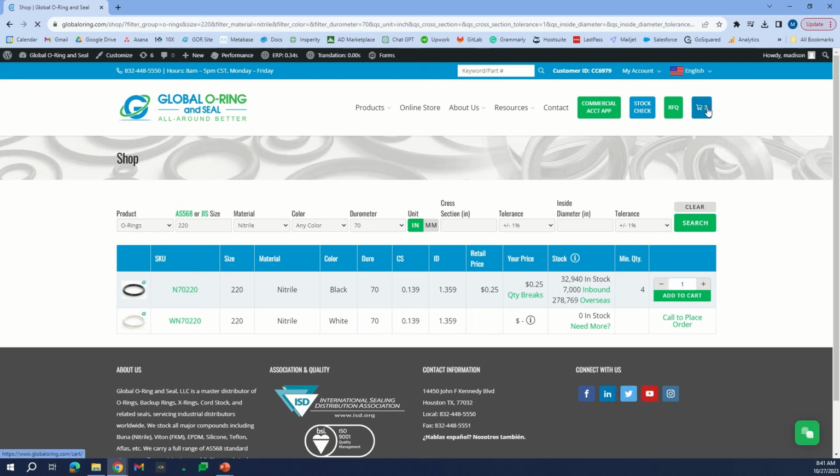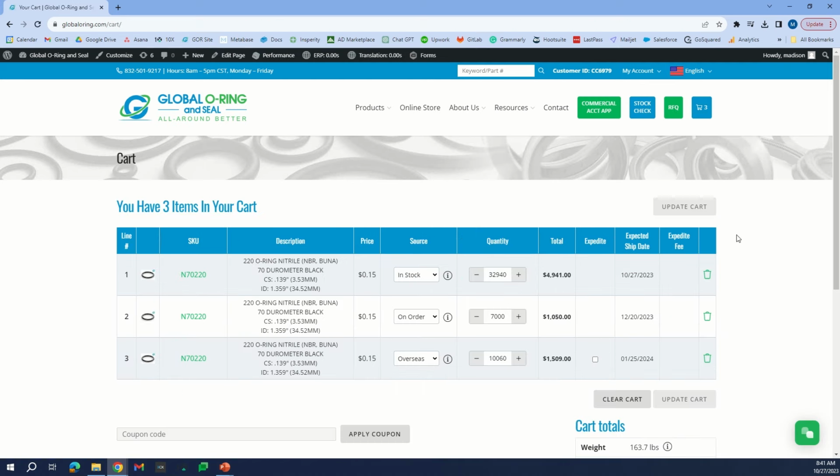After you add it to your cart, it will get split up into 3 lines. The top is what we currently have in stock, followed by what is inbound, and finally what is at the factory. You will see the expected ship date for what's inbound, and if you need it sooner, change the drop-down